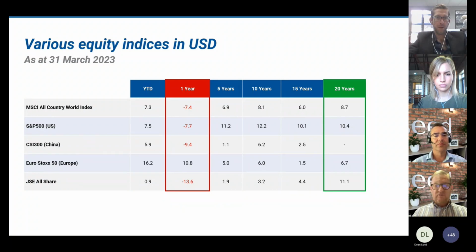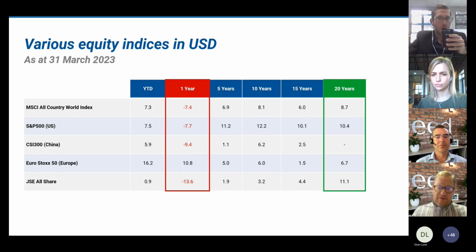I've put up here now, reverting back to the long-term numbers and percentage returns of some of the key markets. Now, these are all in US dollars, and for all of the rest of the numbers, it's returns in US dollars. And I think if we come back to the premise that an investment into a company as a risk asset is one of the best ways and methodologies for investors to overcome a growth scenario, ultimately to overcome inflation.